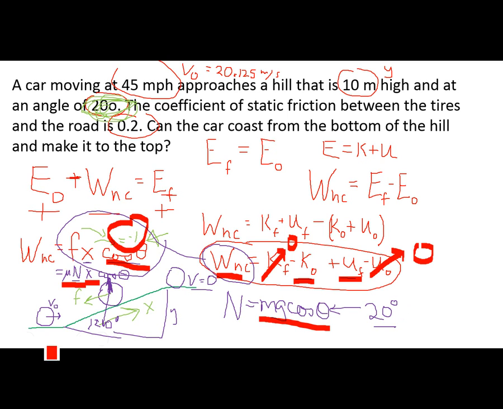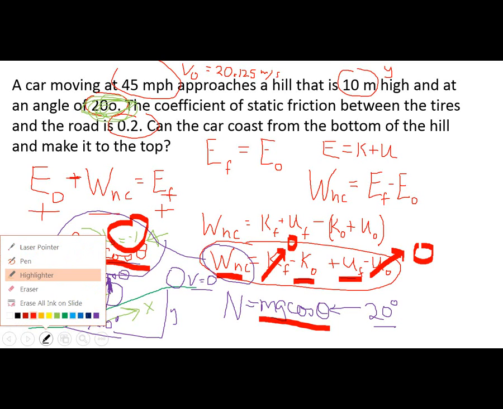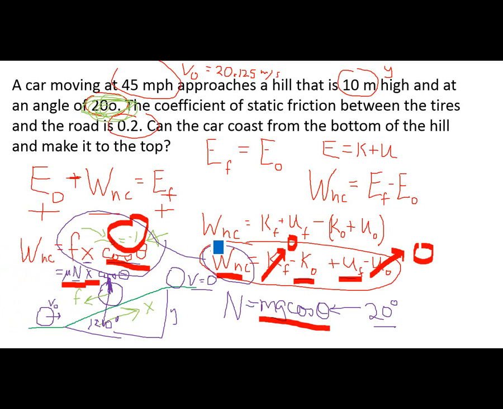So what we're trying to find out in the end is, is this side greater than or less than what's on this side? If the left-hand side is bigger than the right-hand side, then we don't have enough energy to get to the top. If it's not, then we do have enough energy. Oh, that's really colorful, isn't it? Okay. Now,